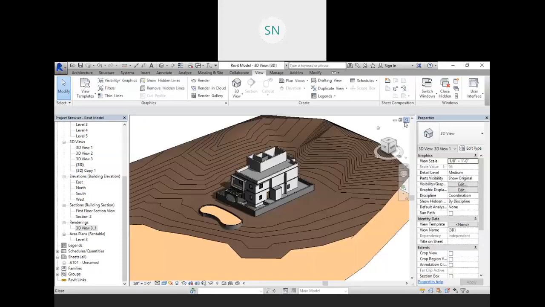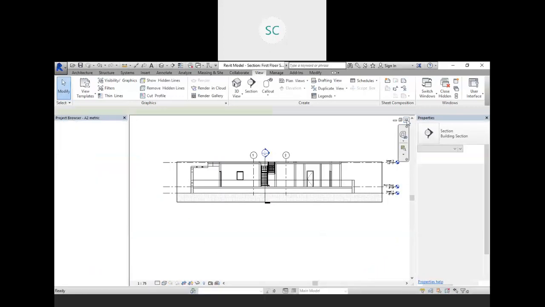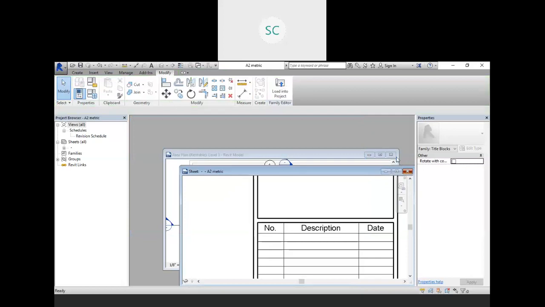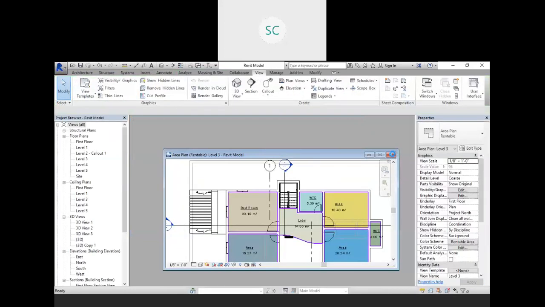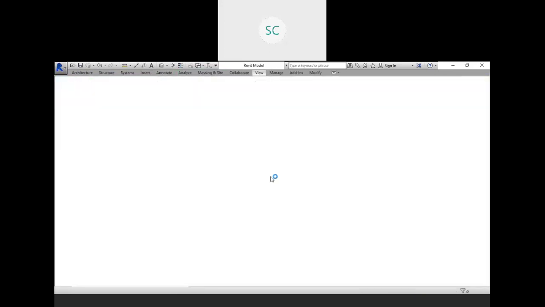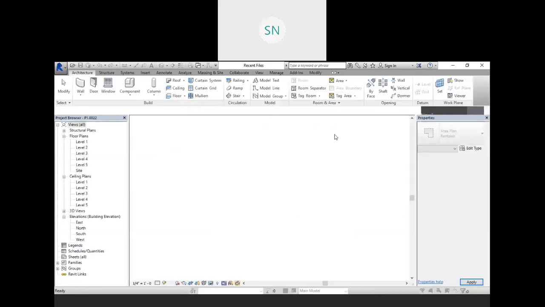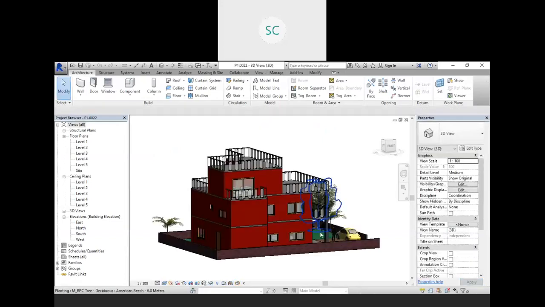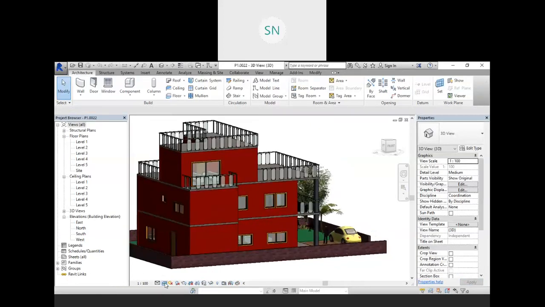If I have, let's go with this one. Shaded.